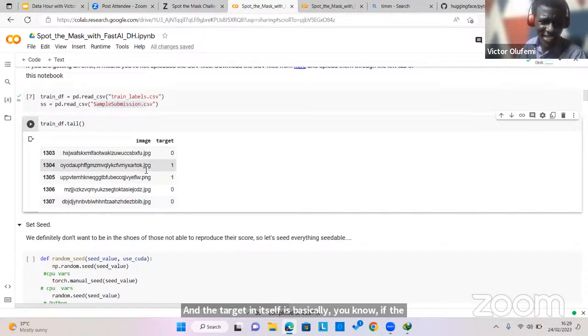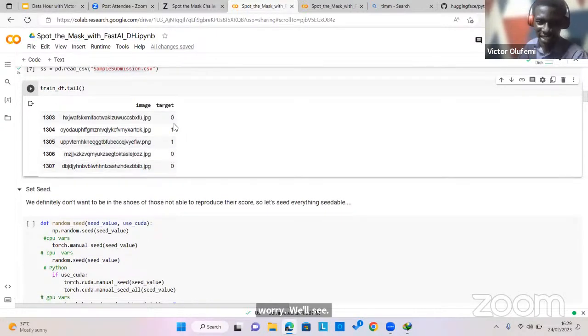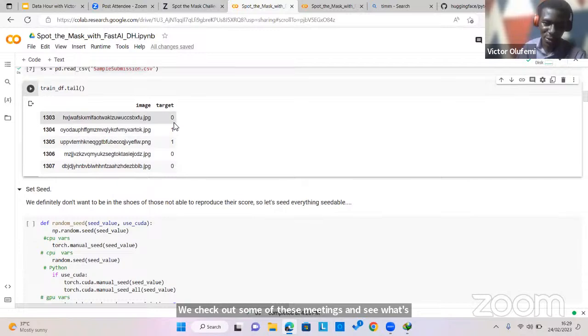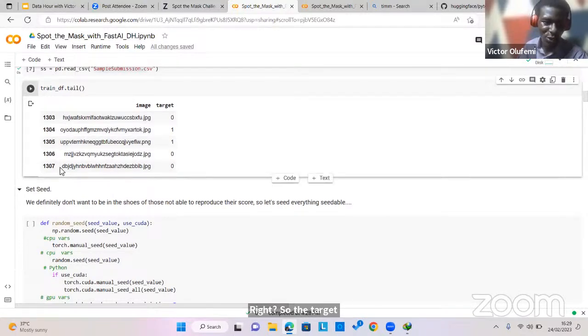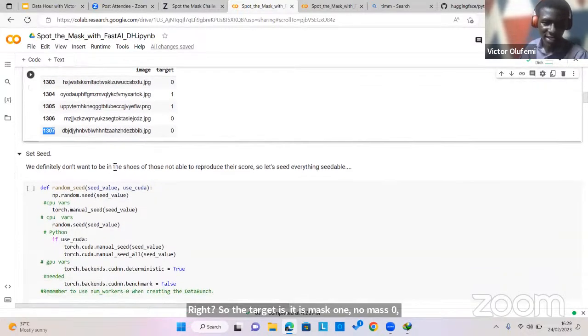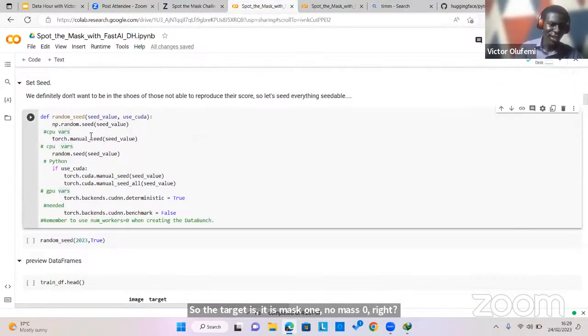Don't worry, we'll check out some of these images and see what's actually inside. The target is 1 if it's mask, 0 if no mask. We have about 1,307 images in the train set that have been labeled. And just general practice, it's very good